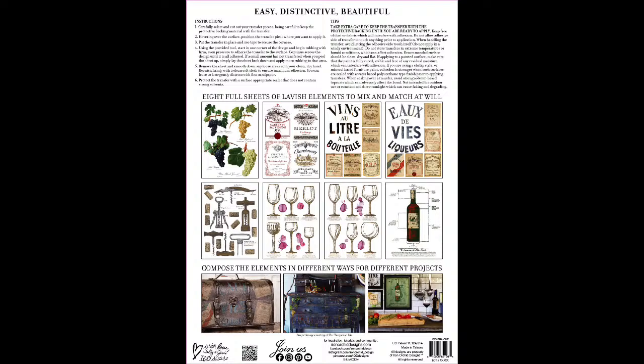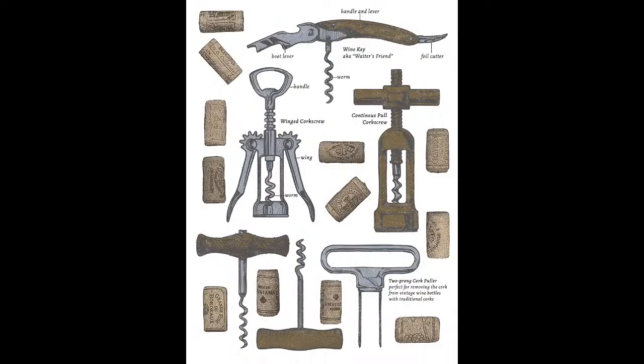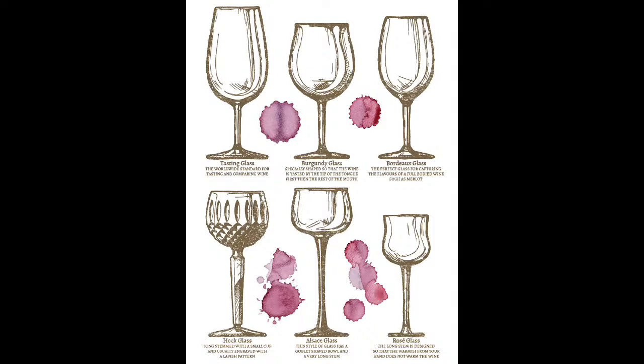Let's get a closer look at all the pages. So here's page 1. There's a fun saying there, and then it looks like some vintage wine bottle stickers, and then everything you need to open your wine. All different versions of corkscrews and some different corks. Then we have wine glasses and drips of wine, and underneath all of the